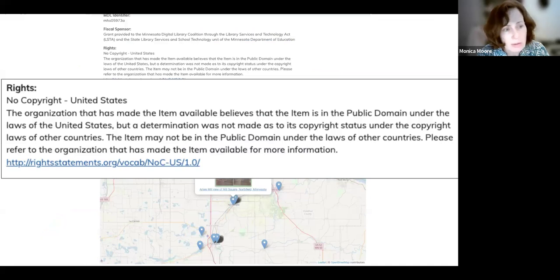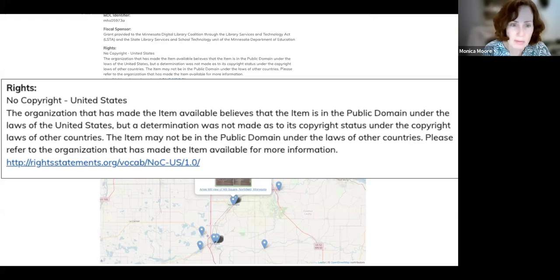So if a user wanted to know a little bit more and even educate themselves a little bit more about what this rights status is, they can see the textual explanation here. This is saying, okay, there's no copyright for this, I believe, photograph in the United States. And then they also are able to provide you with additional information, which is useful. There's a yes, but kind of thing going on here, where we believe it's in the public domain in the United States, and therefore you can use it without copyright. But a determination has not been made for other countries, right?